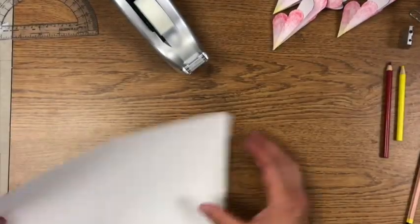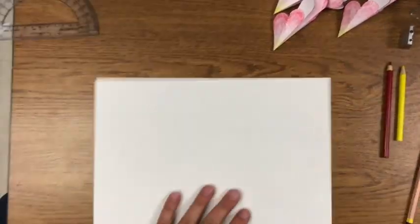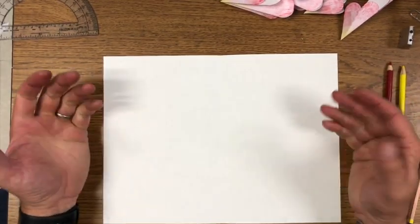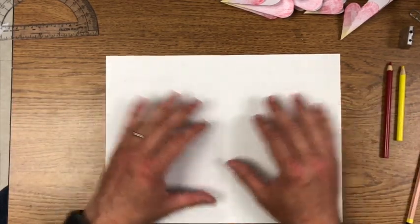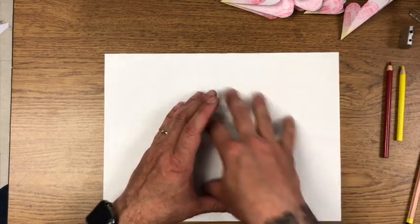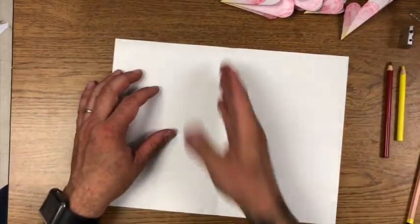This is where the construction paper comes into play. So our construction paper, and what we need is we need lily pads, right? We're making a water lily. We need lily pads. So there's a couple different ways we can do this. One, you can cut out lily pads, green lily pads, and put them on here, and then just make sure